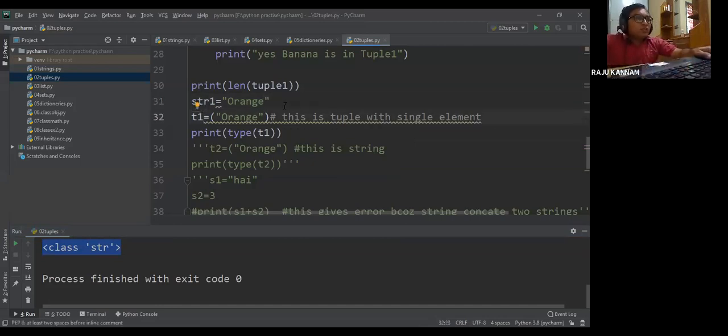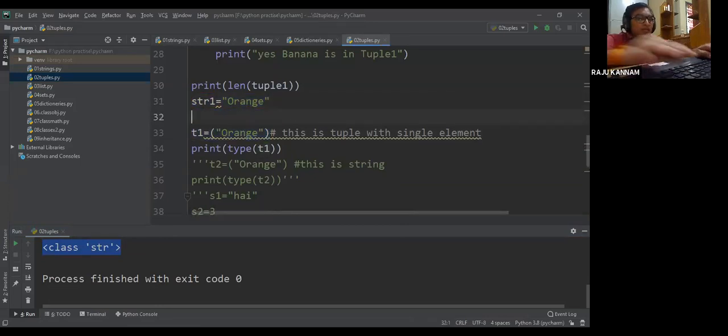There is no difference between this and this. Both are strings only. Now you can print the type of, that means what is the data type of the corresponding str1.